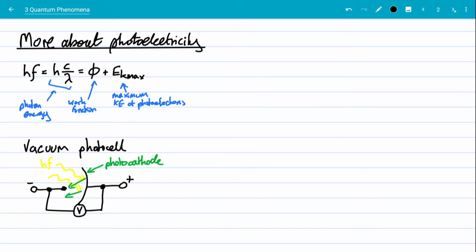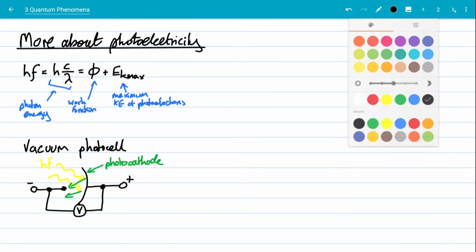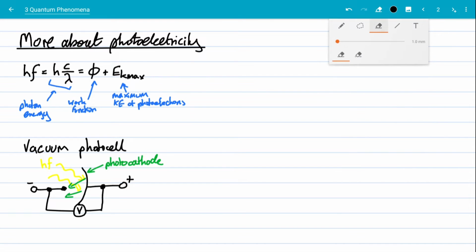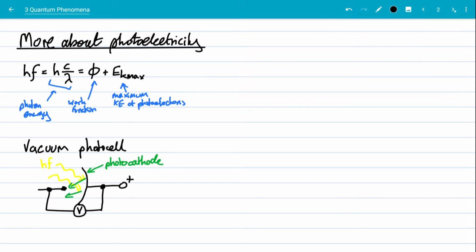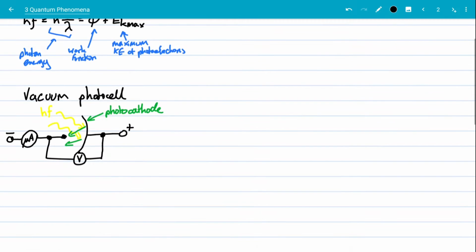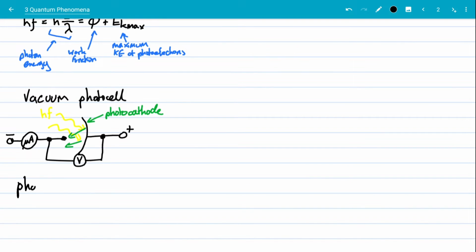And we could detect that by using an ammeter, which I suppose I could, let's get the eraser out. I suppose I could erase this bit here and add an ammeter over here. Probably a microammeter, because it's going to be very small currents indeed. So we had something like that. And so we have the photocurrent. So the photocurrent becomes zero